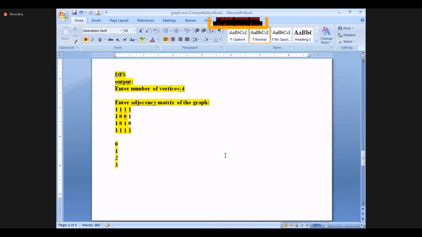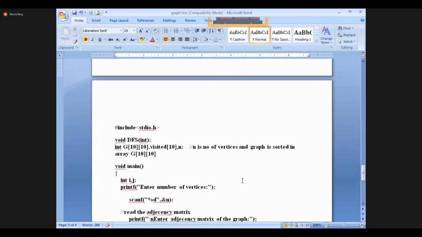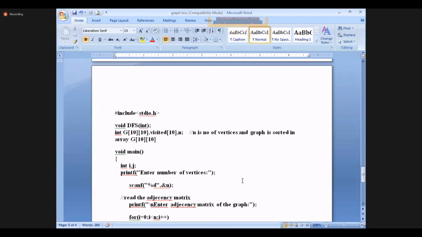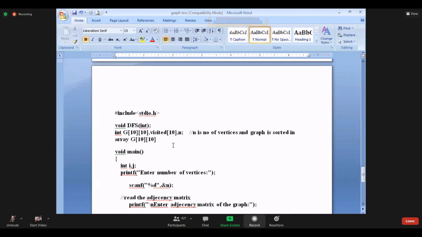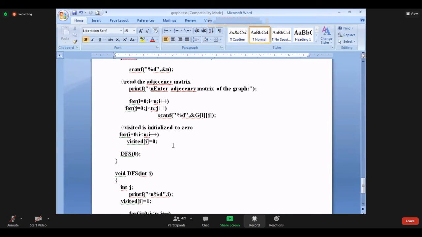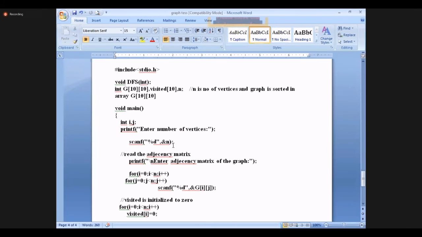So levels are very important, because in the DFS you have to go to the leaf node. That's why you have to move in depth. So we'll take visited nodes here also.